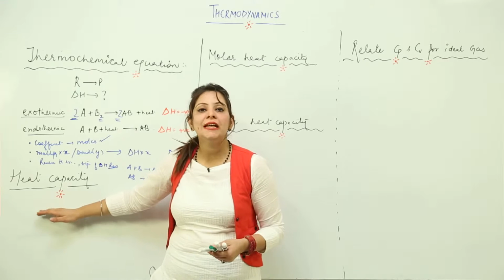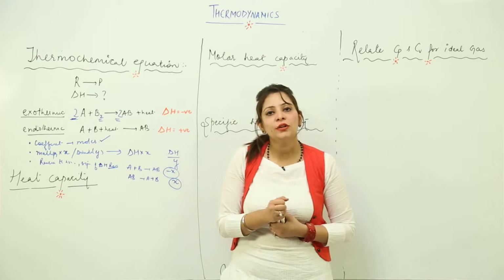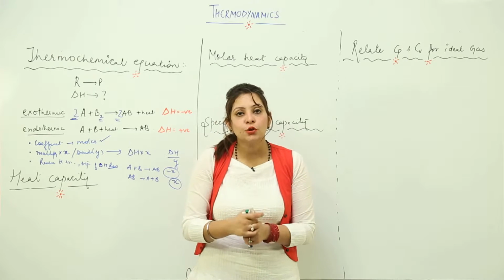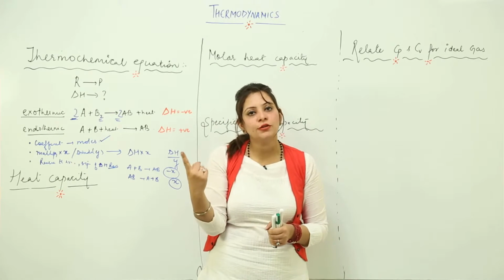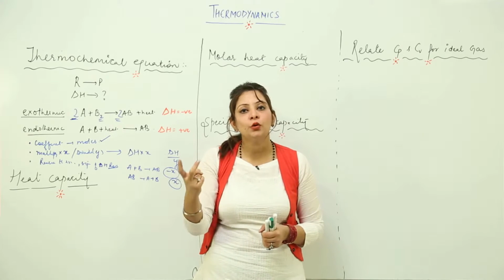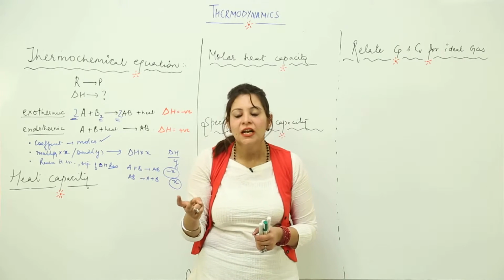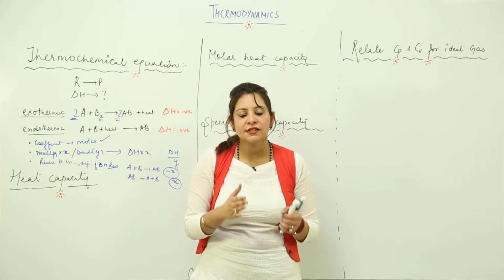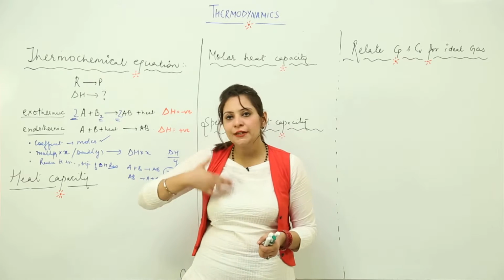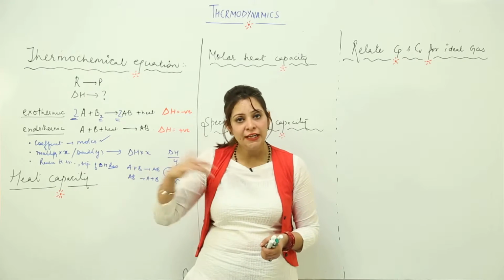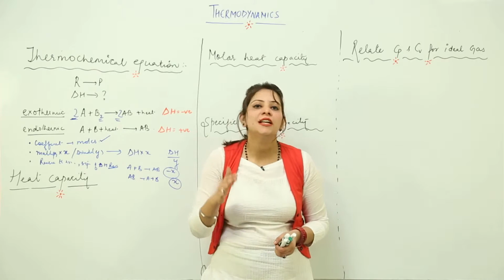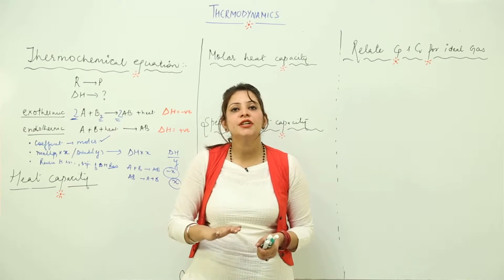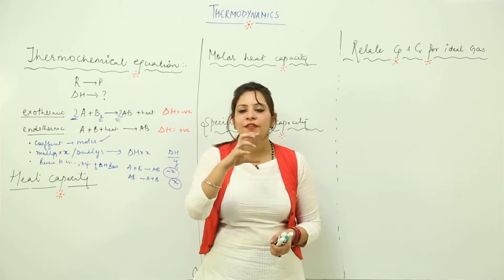Now we are starting with the topic heat capacity. As you already know, I told you that if I wish to change the internal energy of a substance, we can change it by passing heat in or out, or by doing work on the system or by the system. So by heat exchange we can change the internal energy. It is one of the factors: when we supply heat to the system or extract heat from the system, it is going to affect the internal energy. So delta U gives the information that the internal energy can be changed when we supply heat or when we extract heat.